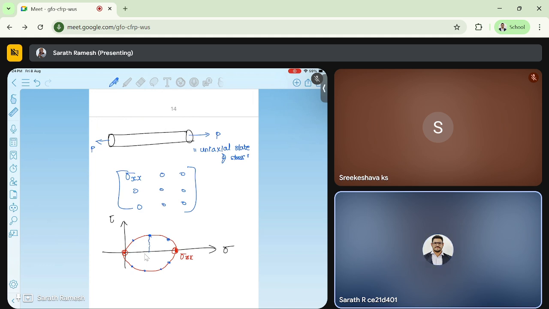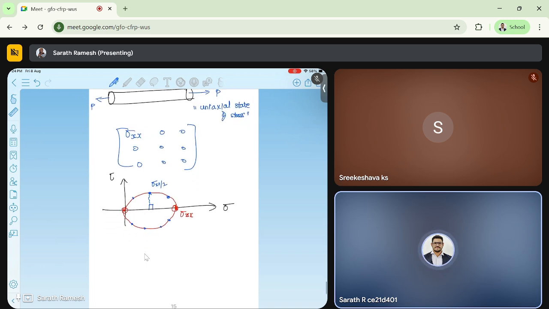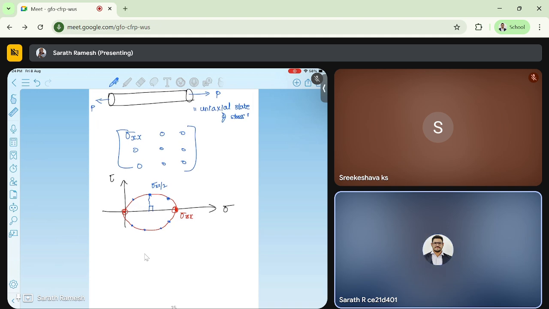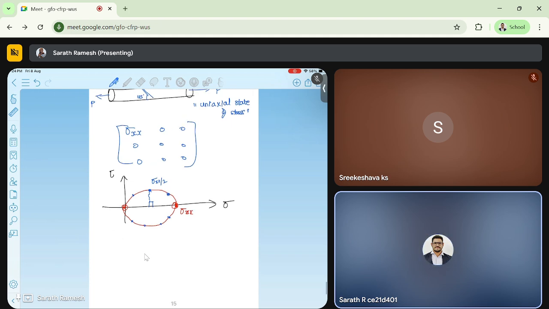This is sigma xx by 2, half, because totally it's sigma xx, so the radius will be half of the diameter, sigma xx by 2, which is actually 90 degrees in the Mohr circle. If it is 90 degrees in the Mohr circle, in reality it will be 45 degrees. So when we cut a plane here, at 45 degrees,